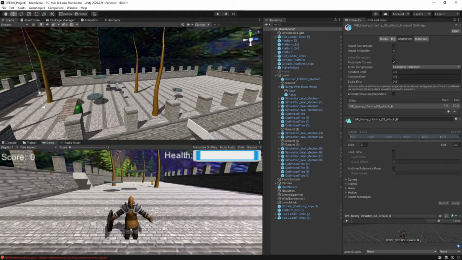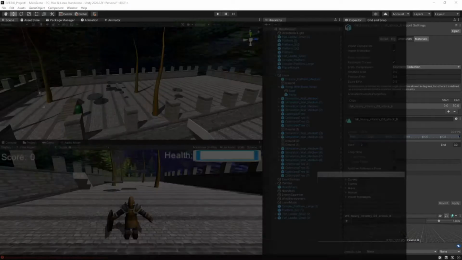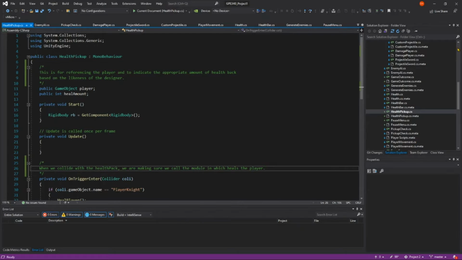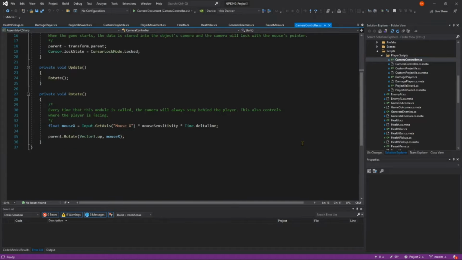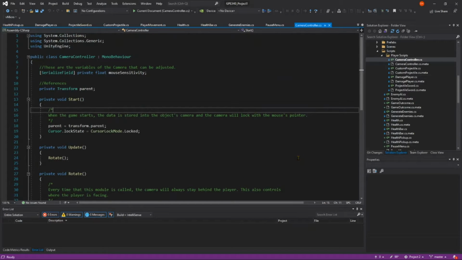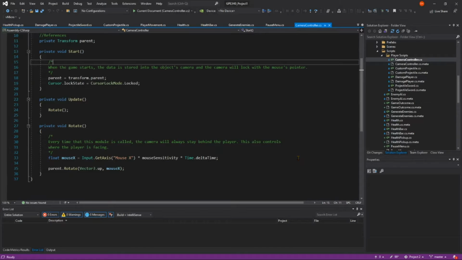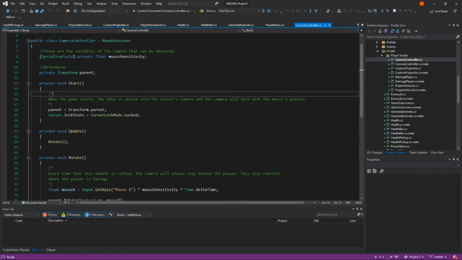So now to go over a bit of the coding that I had for the project. I'm just going to go over how the player camera is set up. I have this set up here through usage through